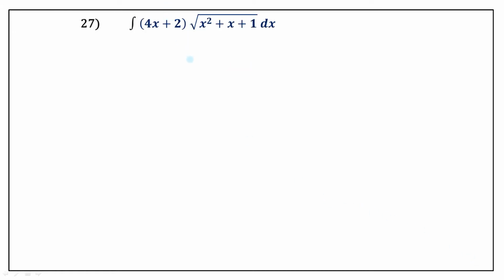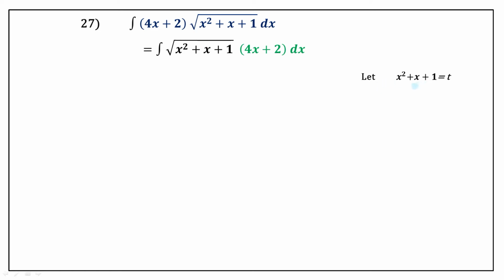Here is another simple problem. So we have a similar type here. Again, it is a function of a function, let's take it as t and see how we can manipulate this. Now the same function I'm writing in a different way because I have an idea that 4x plus 2 will be the derivative of this.